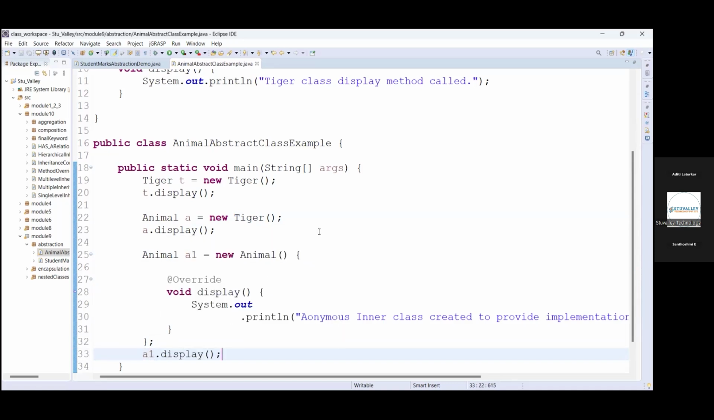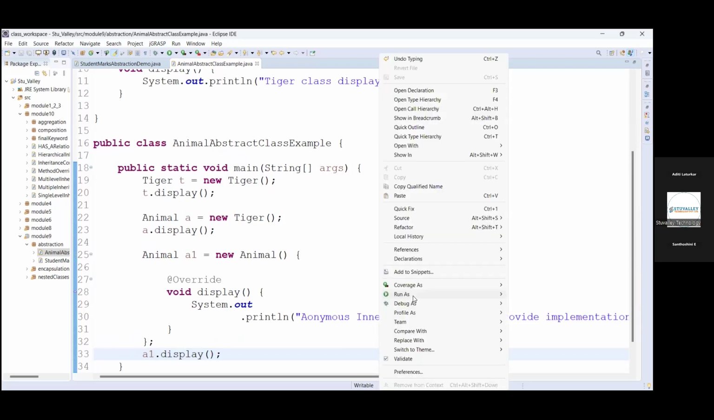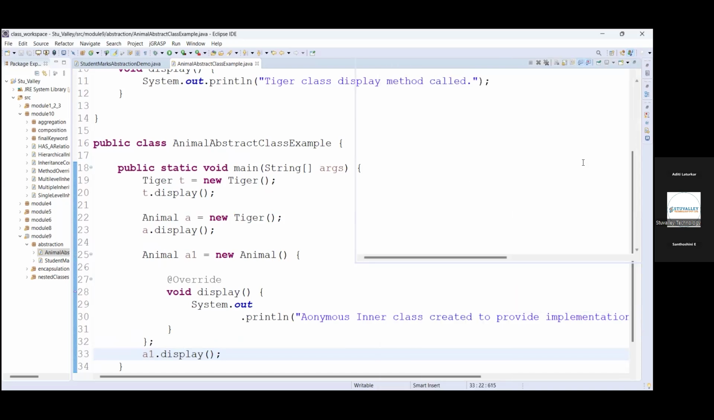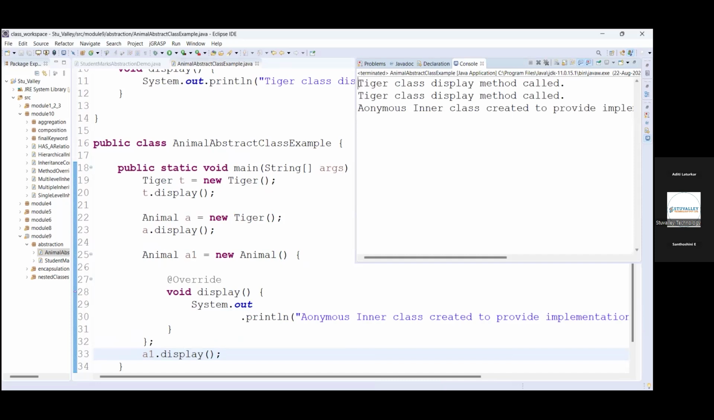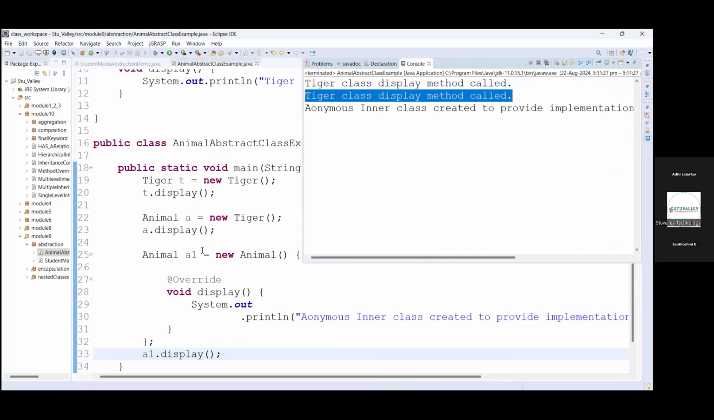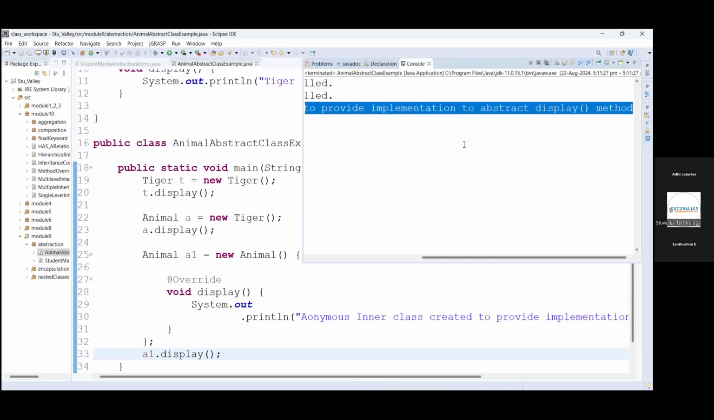Saving this, I'll execute and let's see the output. Okay. So you can see for the first Tiger class object we have created, it is calling the Tiger's display method directly. Then we have used the upcasting concept to create the object of Tiger and save it into the parent Animal class reference. And the last one is we have created the Animal reference and provided an anonymous class